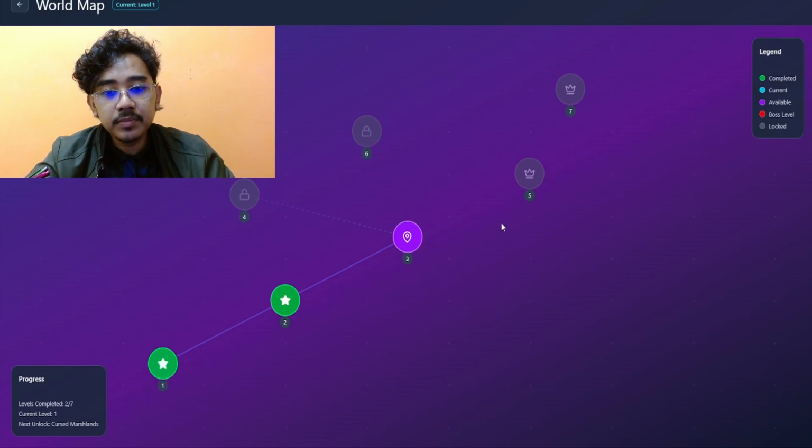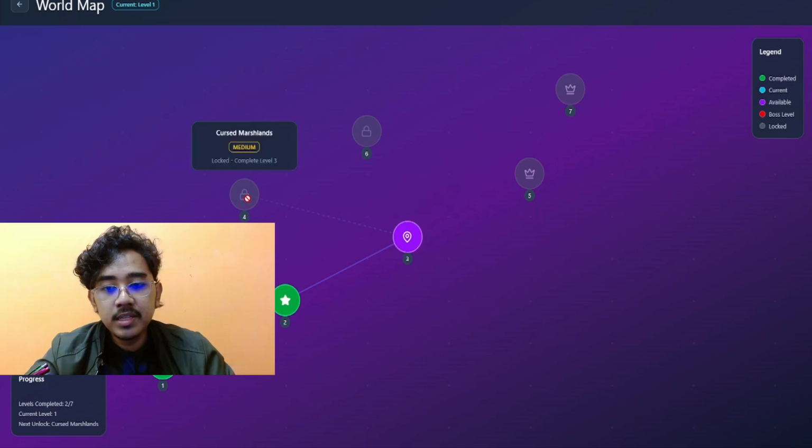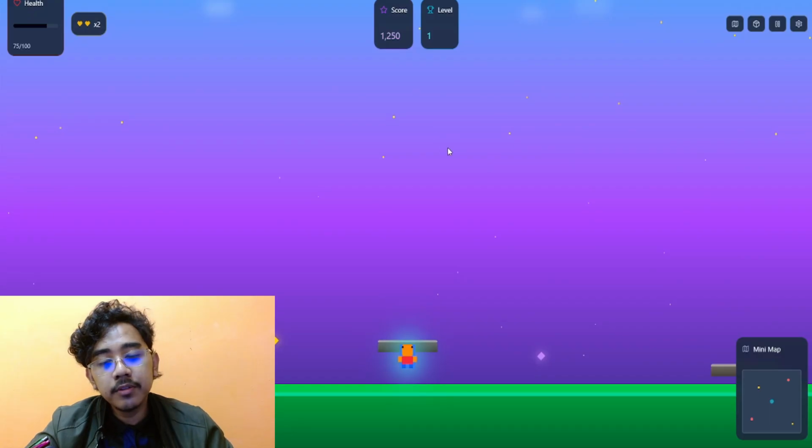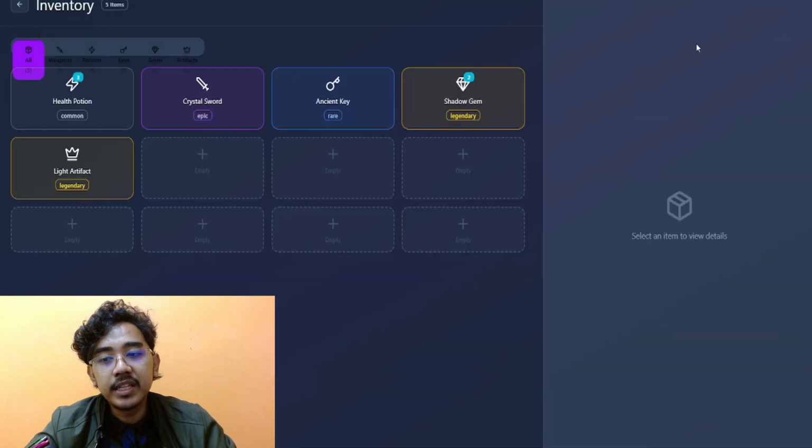And on the bottom left, there is also info about the world map. Currently, this is the progress. Levels completed is 2 out of 7. The current level is 1, and the next unlock is Cursed Marshland, which is this map right here. So we are currently here, and the next map that will unlock is Cursed Marshland, and that is about the world map screen. Going back to the game screen and going to the second button, we have the inventory